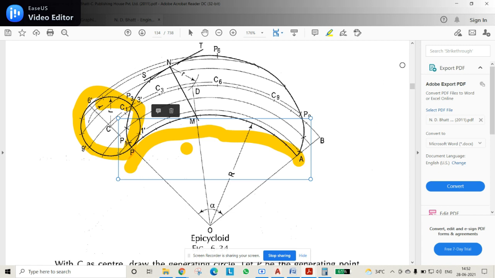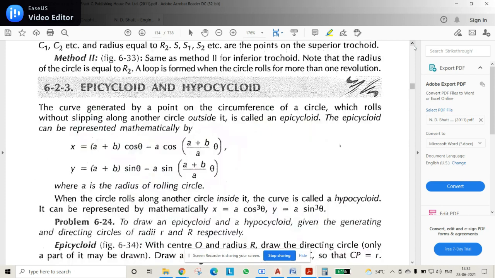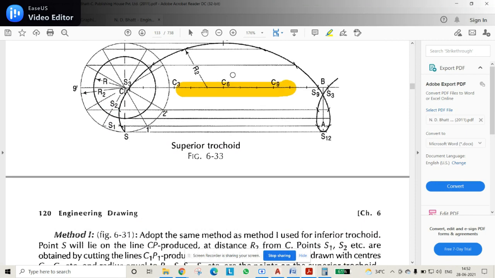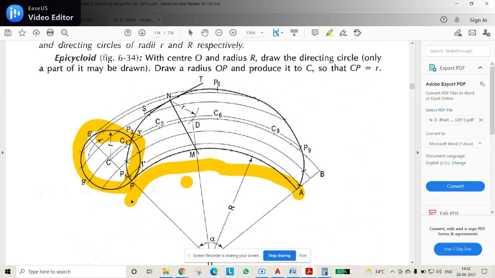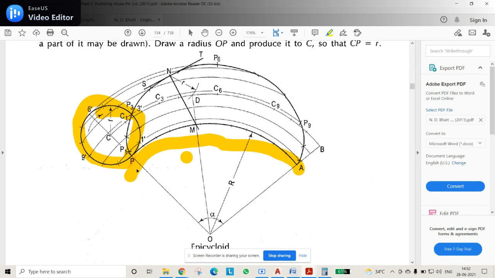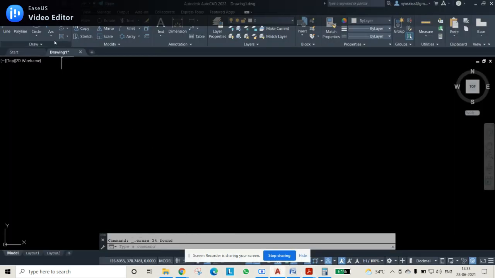In the case of cycloids, we have drawn straight lines, right? Whereas coming to the epicycloids, we have curves. So instead of selecting a straight line of 2 pi r, that is the circumference of the smaller circle, here we can't go that way. We have to select an angle. The angle PCA is equal to 360 into r by R, or 360 into small d by capital D. So let us draw it, then you'll understand it easily.